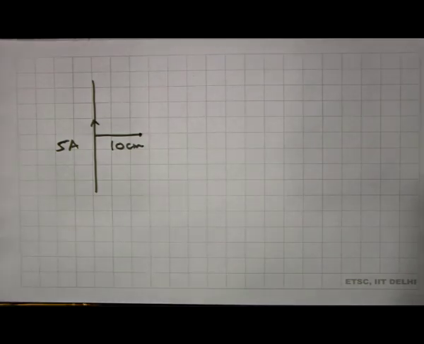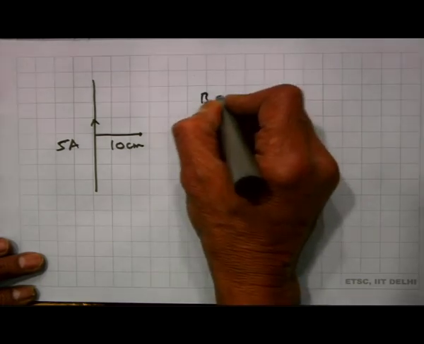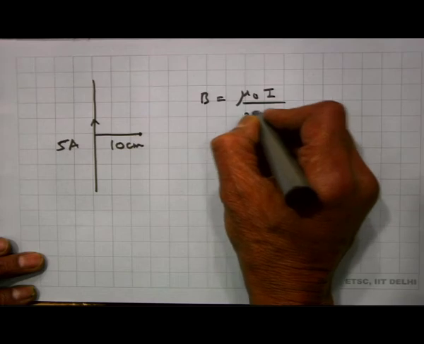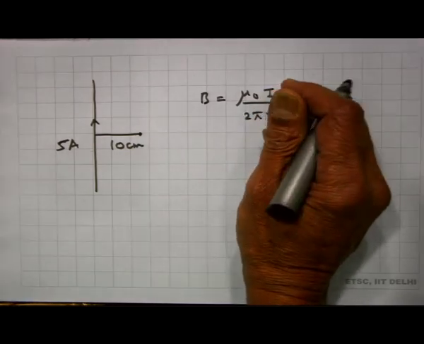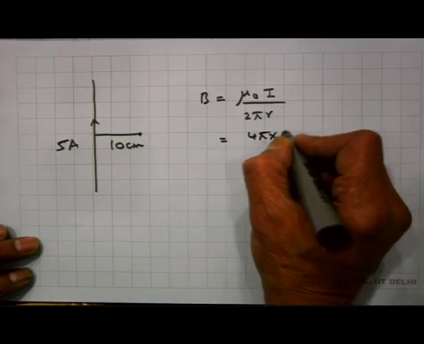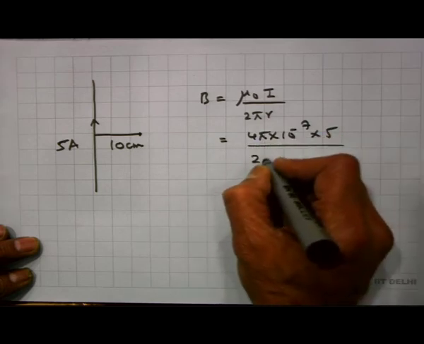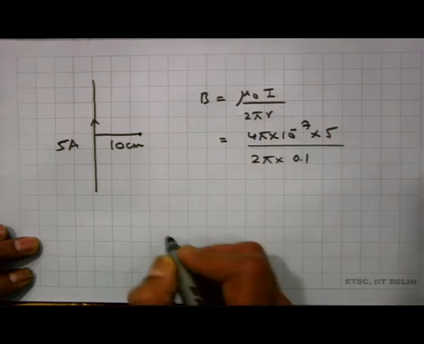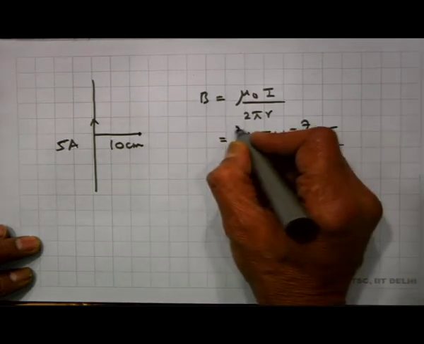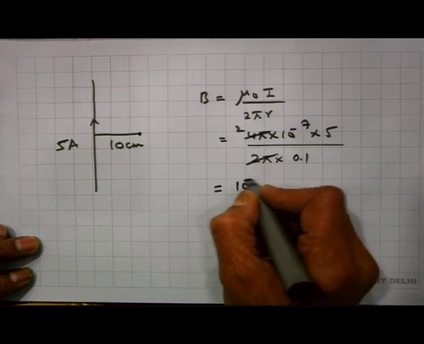So, B is equal to mu naught I by 2 pi r, that is the equation we had derived just now. So, this is equal to 4 pi 10 to the minus 7 into 5 amperes divided by 2 pi into 0.1. So, this factor of 2 here. So, that is 10 to the minus 5 Tesla,